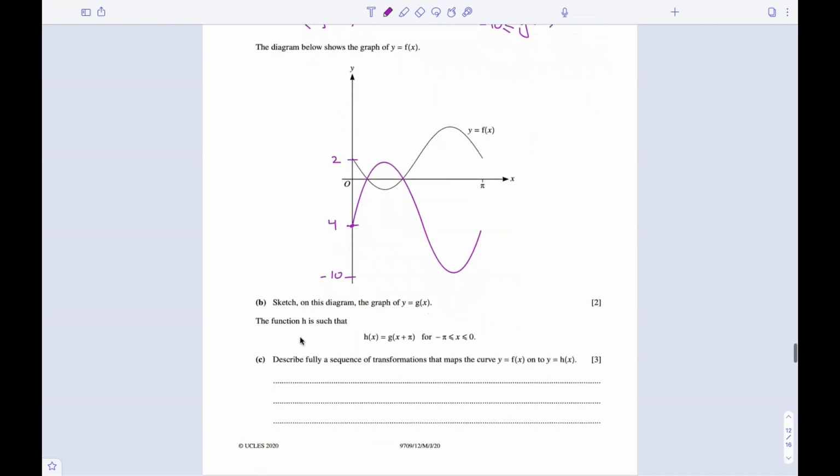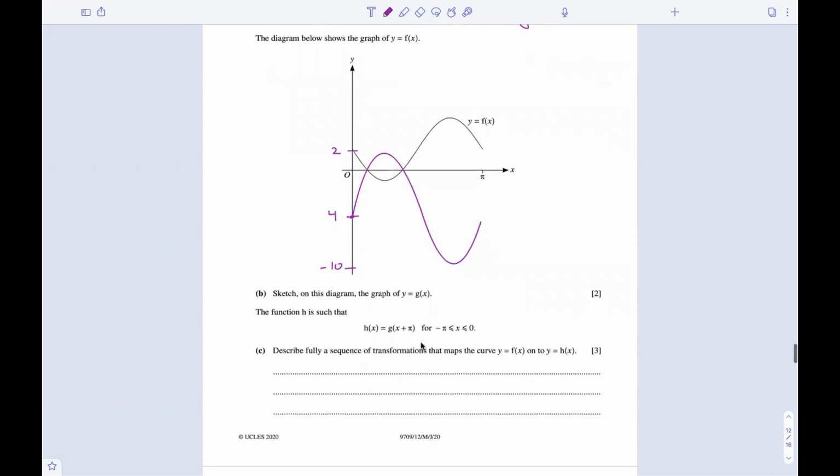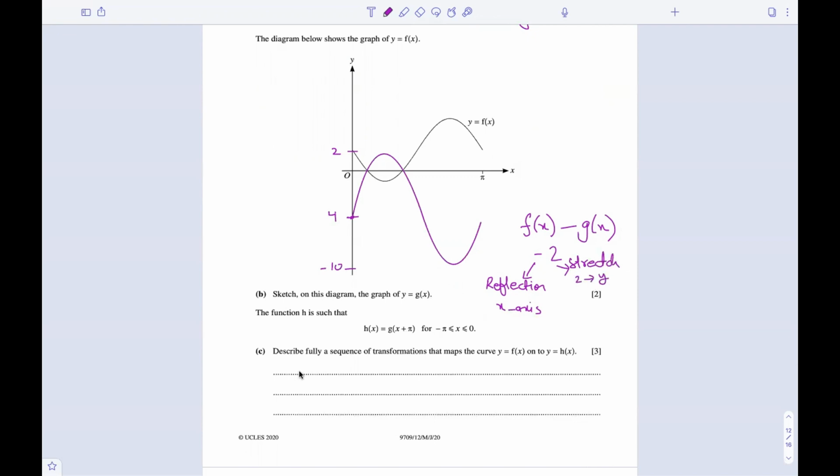Now in part C, we have a function h such that h of x is g of x plus pi. Now we know that from f of x to g of x, the function was multiplied by minus 2. The minus sign basically represents a reflection in the x-axis, and this 2 represents a stretch of factor 2 in the y direction. So we know from f to g, first we had a reflection